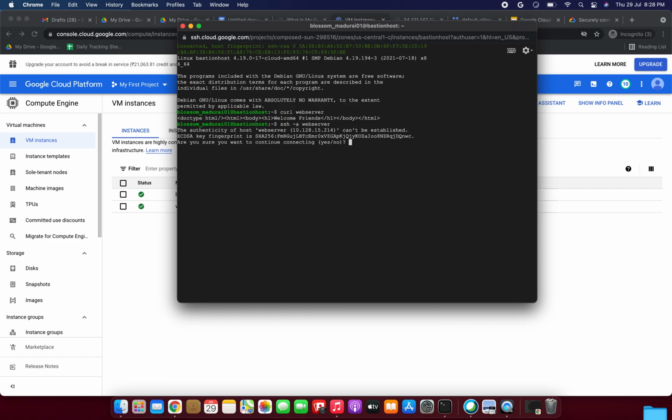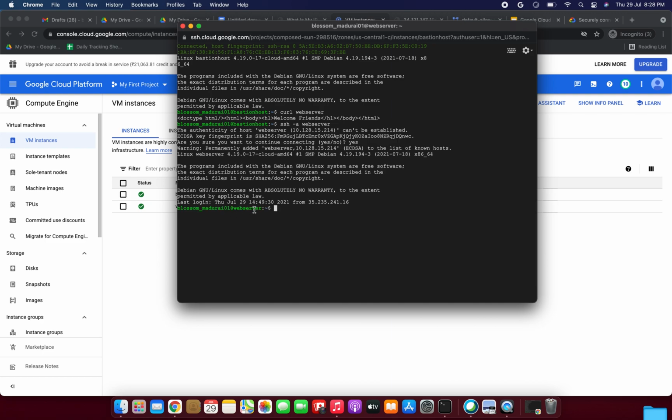You can see we need to give yes right now. Now you can see, friends, here we have logged into that Bastion host, then we have logged into the web server. Now we are in that web server only. Inside this Bastion host we have logged in. So our web server is accessible from the Bastion host. It works as well. So our web server is no longer accessible from the internet, but it can be accessed within the network. We can also use this Bastion host to perform maintenance on it. We have successfully done our lab, we have done our demo today.